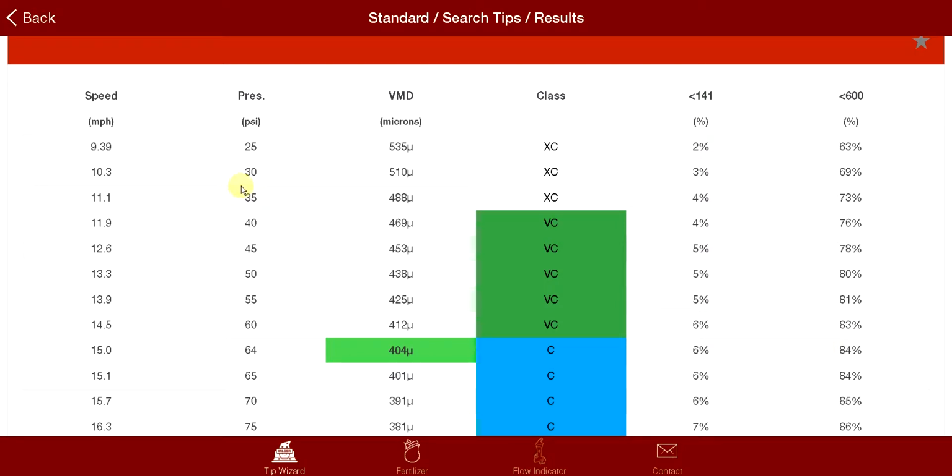Tip Wizard, the nice thing about it is that when you slow down, it gives you that visualization, the drift control and the coverage. So if we slow down to that 11 mile an hour, as I mentioned, let's say we're doing our outer boundaries or more drift-sensitive areas, you can slow down to 11 mile an hour. Our pressure drops because our auto rate controller needs to keep our rate constant. Our drift goes down, our driftable fines go down to 4%, and our coverage goes down to 73%, that relative